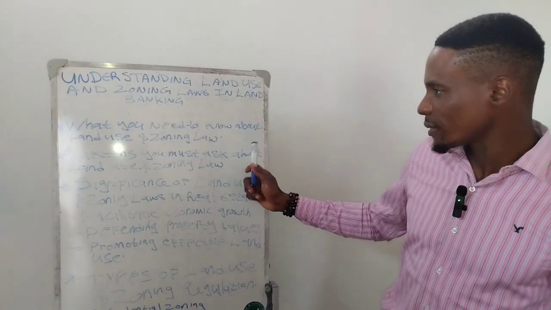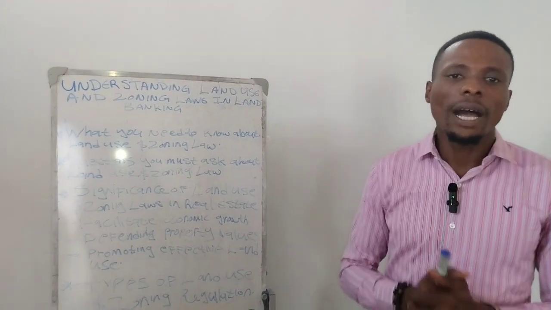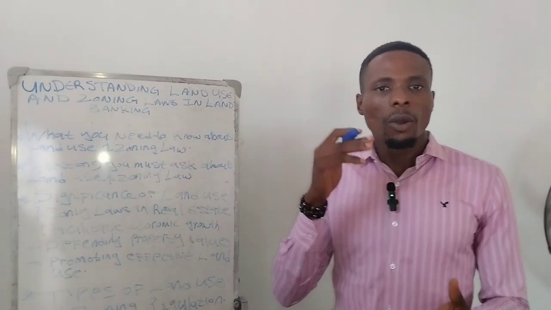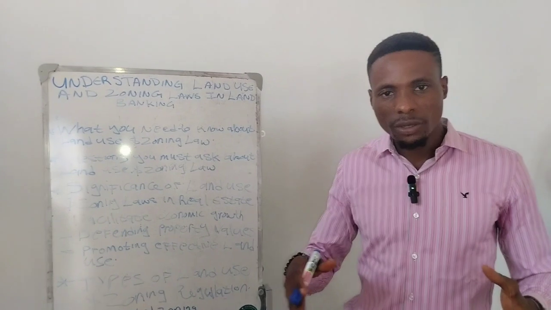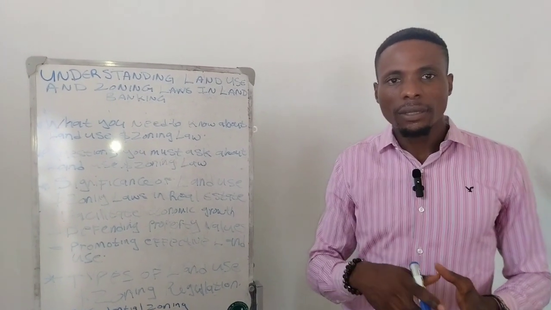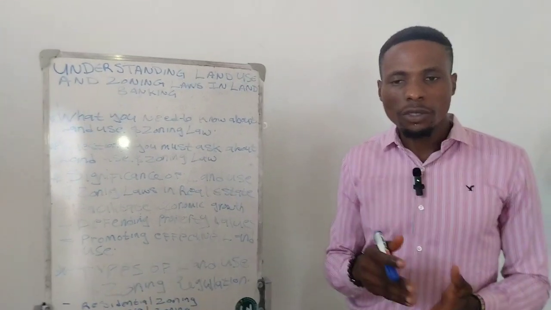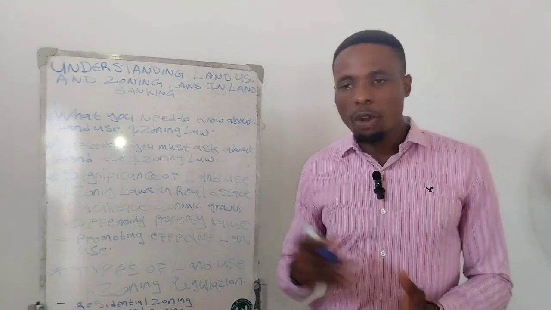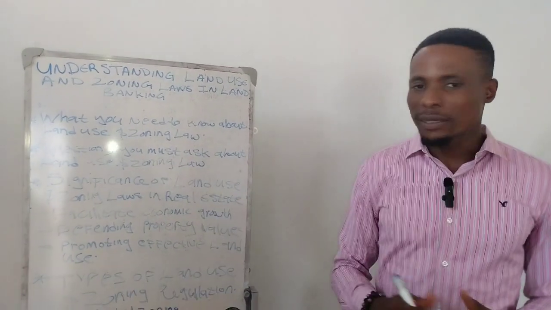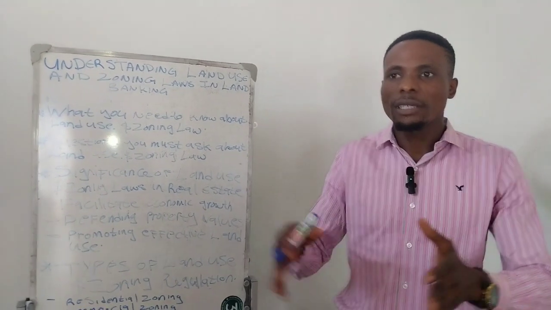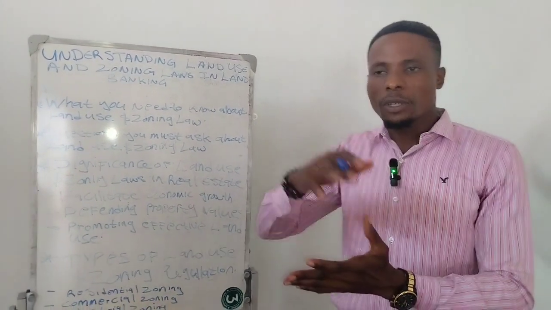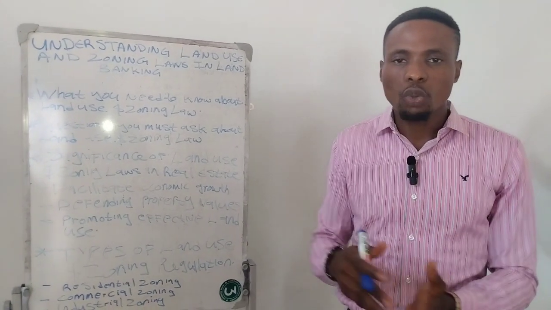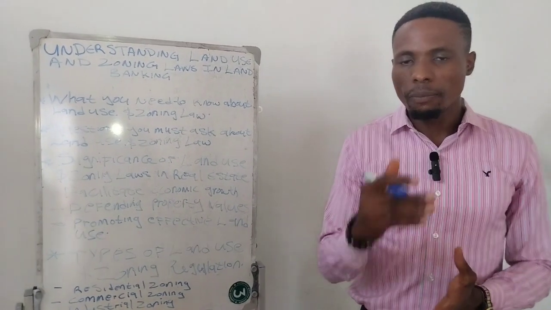Now, the questions you must ask about land use and zoning laws. Now, you must find out what are the consistent laws that are guiding an area? This means that you need to find out the particular project that area can actually accommodate. And also, even though I've found out that, let's say, this particular area is meant for industrial purposes, can that actually change? Can it change from industrial to commercial? You need to also find that out.